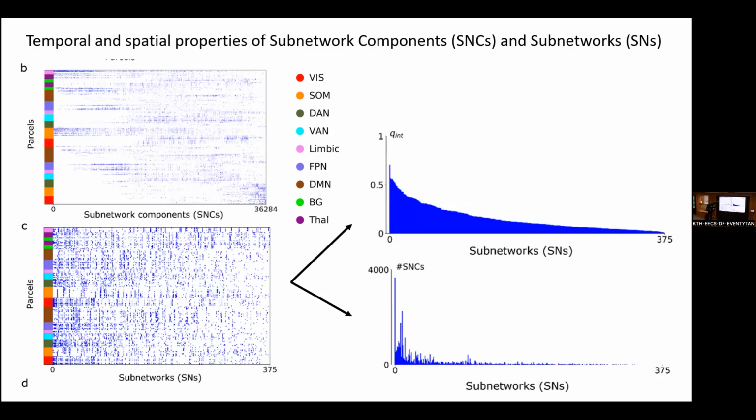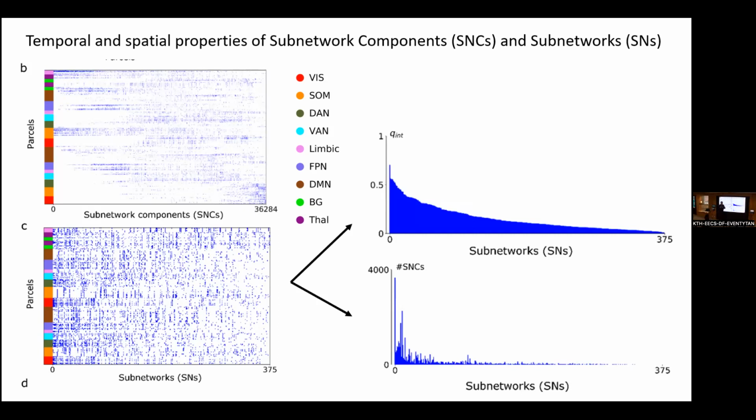And here we have all the subnetwork components, the smaller units, 8 parcels of each. We end up with a huge number, 36,000. And then we merge them together into subnetworks. And here we see that in total we have 375 subnetworks, and they range from q-int values up to 70%,